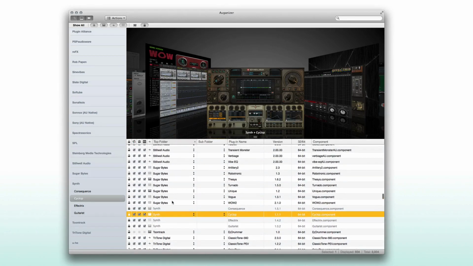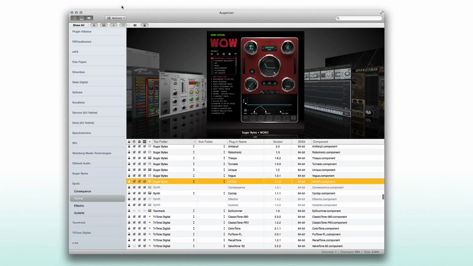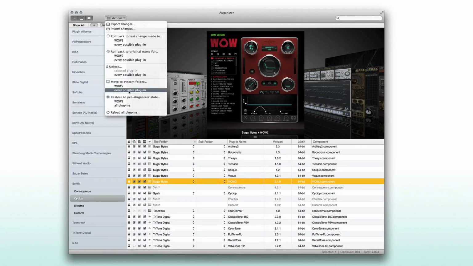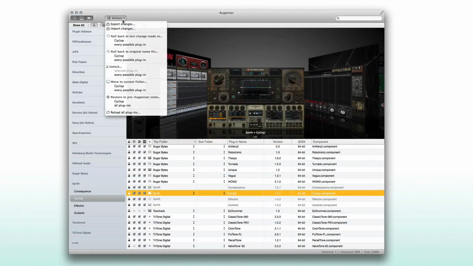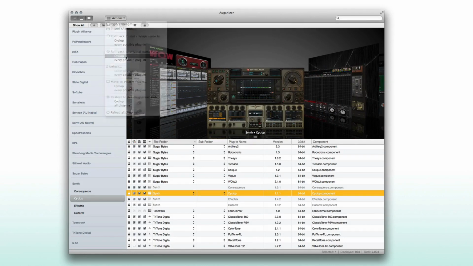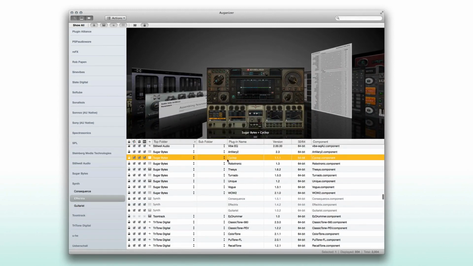So the ideal way would be to go through all your plugins, rename them all, and really do a move to system folder for every possible plugin if that's what you'd like to do. I can show you here. I can select this plugin and I can unlock. I can roll back Cyclop to its original name, and there you go. It's back to Sugar Bytes, back to its original name. If you didn't like what you did,